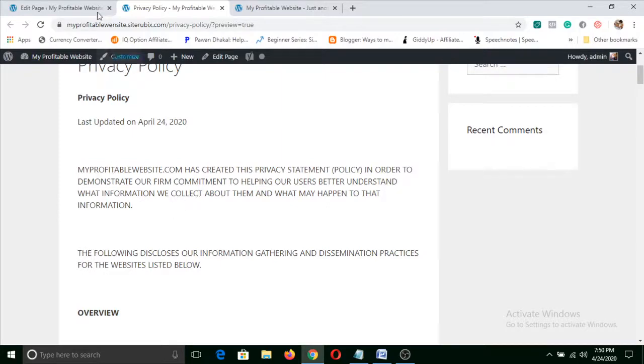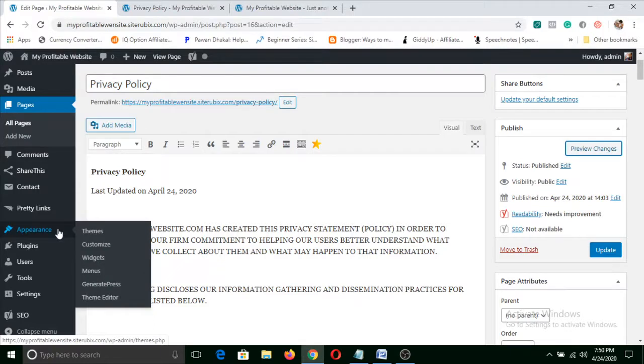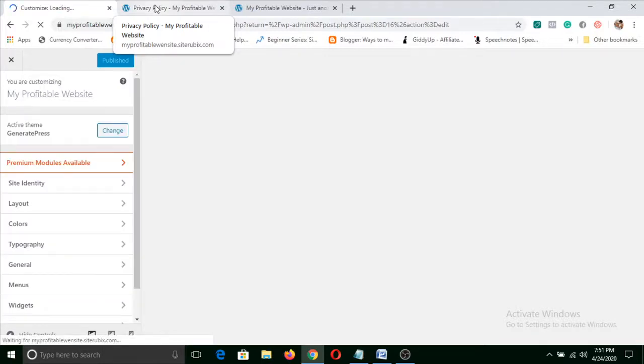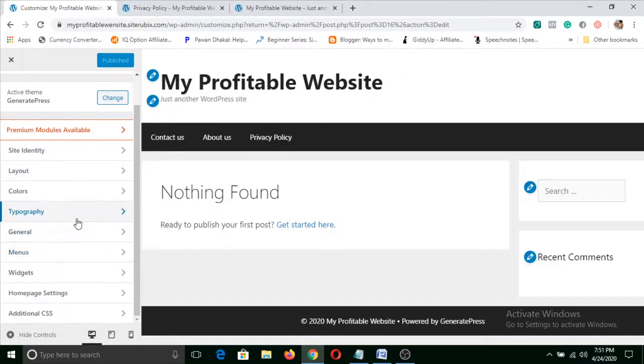To do that, you need to simply go to appearance and then click on customize. Now you can go to typography.